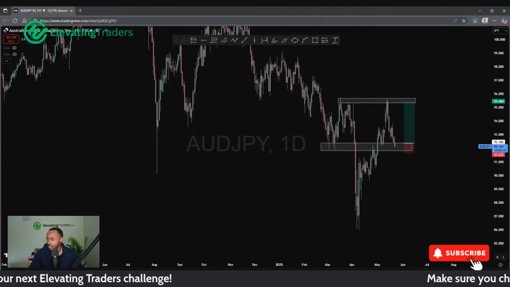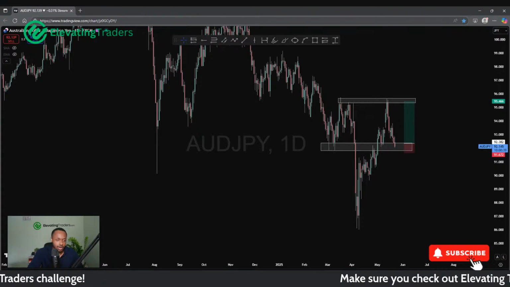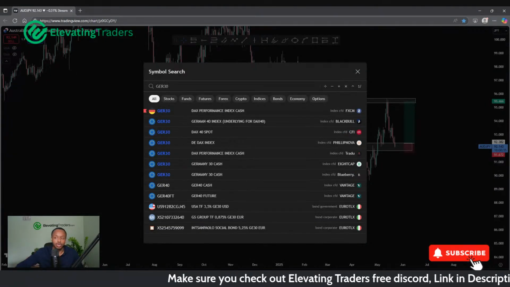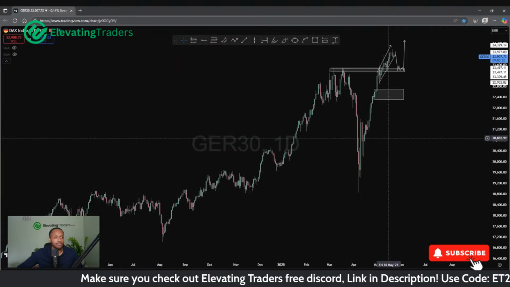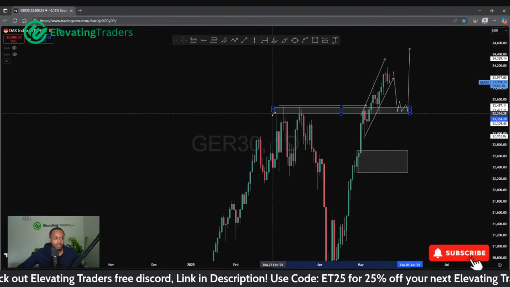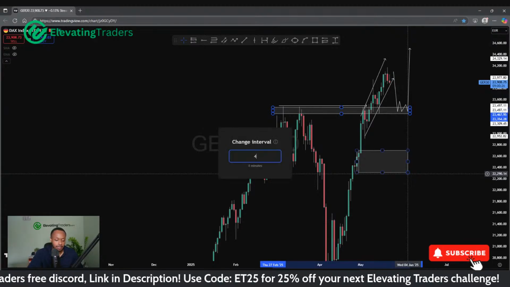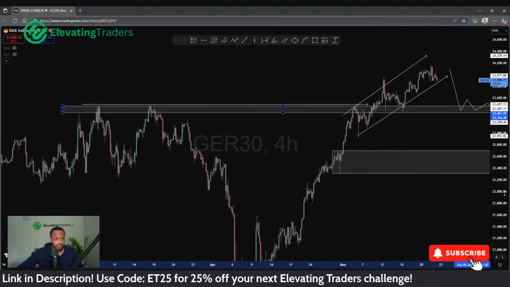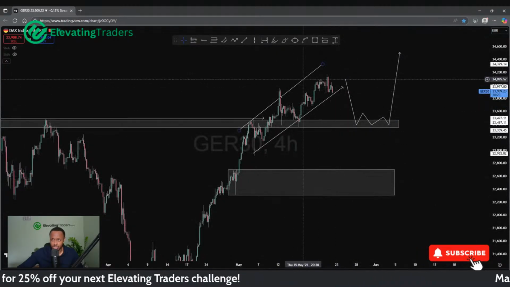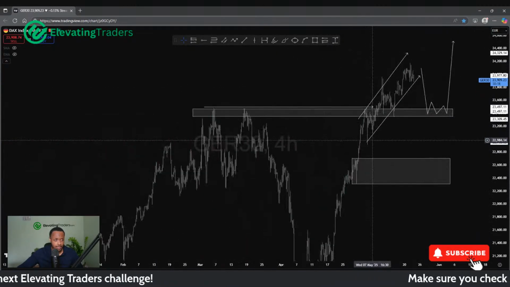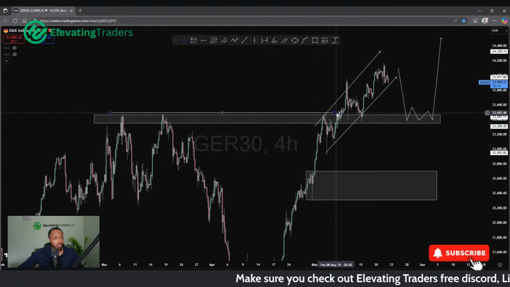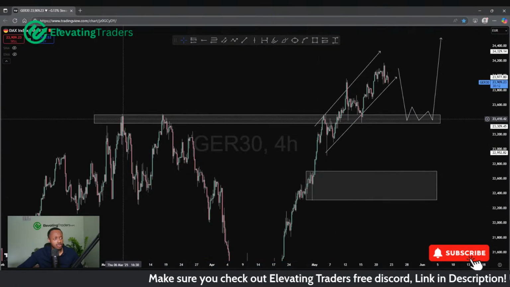What's up, thoughts on the DAX? So yeah, like I said, for the DAX, just very, very bullish, to be honest. I do think we are due a bit of a pullback. So if we can see price perhaps pull back and retest the prior high, I think that could provide a nice opportunity. Because in my view, yes, the market's very bullish, but it does look like things are slowing down and potentially running out a bit of steam. So I would be looking for a pullback for this one, preferably a retest of the high here.